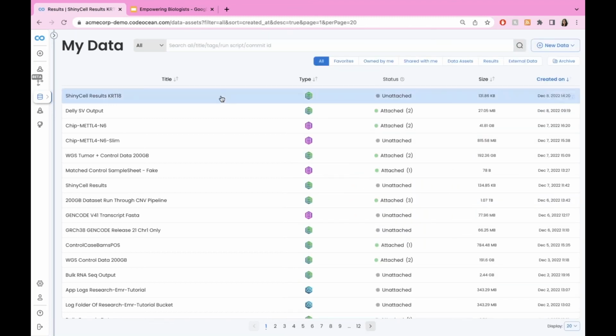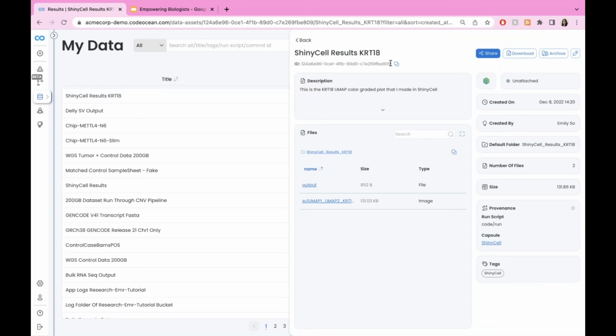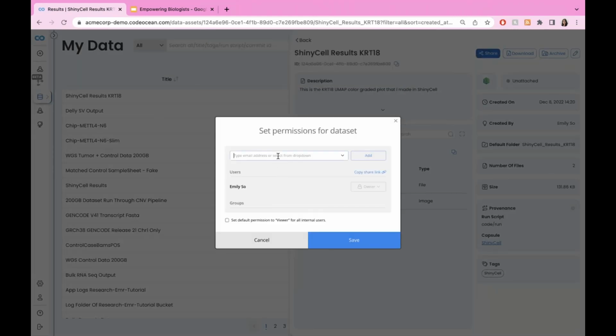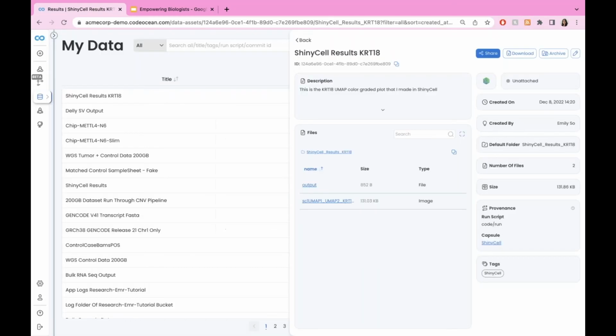This data set has a unique ID that I can use to index it or access it in the future. And ultimately, if I wanted to share just this result with Elena instead of the entire capsule, by way of saying, look at this, this was a really interesting result that I saved, I can go ahead and share it with her in the exact same way. I'm going to go ahead and type in Elena again, at her, and now she will be able to view this data set incredibly easily and actually maybe use it in downstream analyses or use it as an image embedding in a markdown file